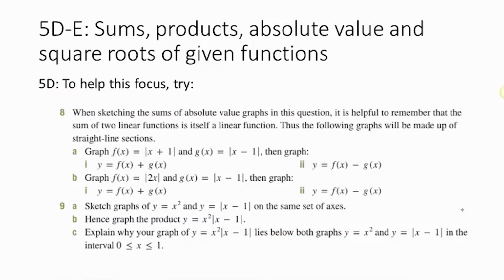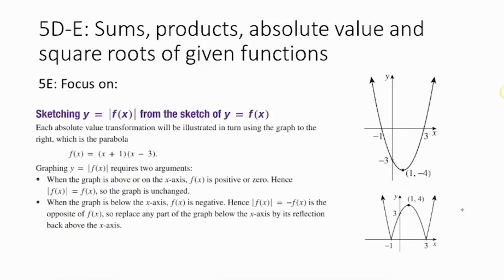Here are some questions from the end exercise. And then we move on to 5E. So for 5E, we're looking at sketching the absolute value. And here we're going to use reflections again. It goes through carefully these two arguments. So I pick out this bit particularly from the book